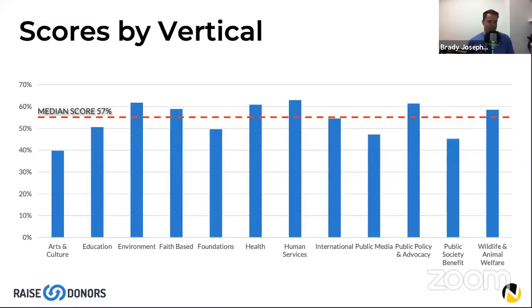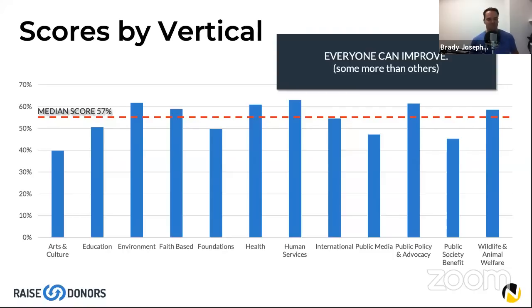If you have been in high school or college, you know that that's not a great score. So again, we all have room to improve across verticals. Some verticals more than others. There's one outlier in arts and culture. Public society benefit is also down, and then there's a few good ones. But everyone can improve. If the median's 57 and the best vertical is just over 60, it means we all